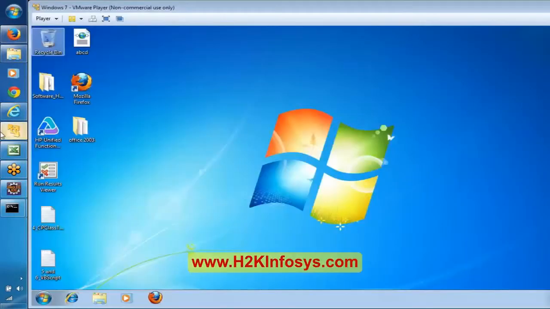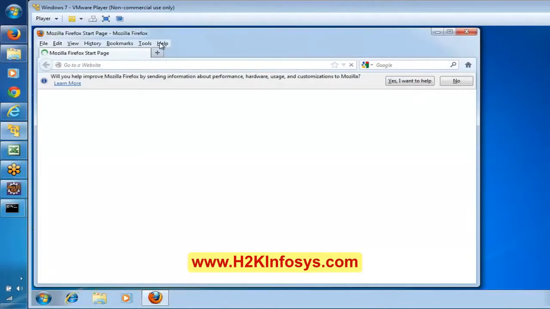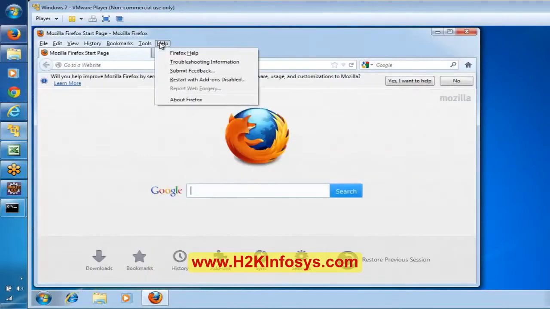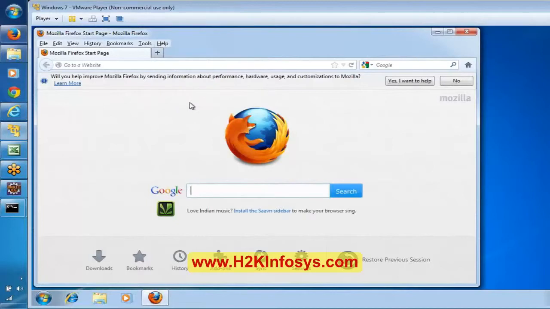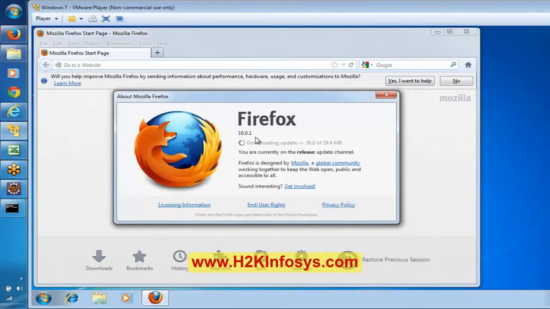Now in a similar way, go to this particular machine. This is a virtual machine. Again here, first of all, let us observe what the version of Firefox is here.